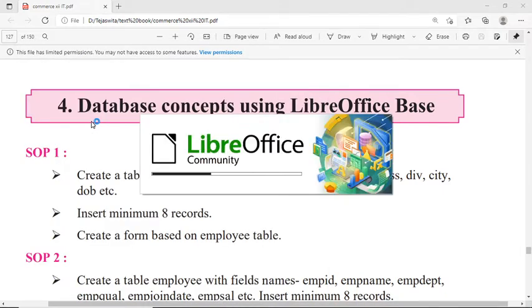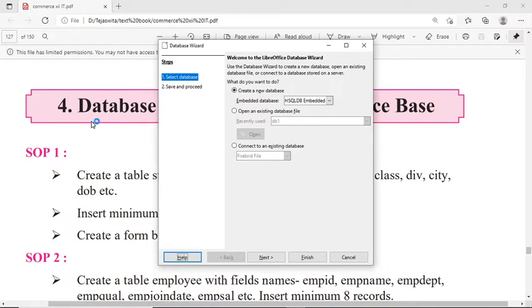I'm using version 7.2. Here it will give one dialog box. From that you are going to select create a new database, because till now we have not created any database. This is our first practical, so we are going to start with the new database.